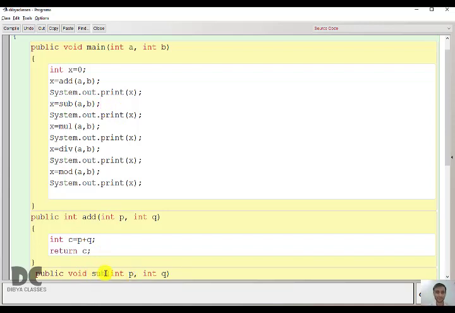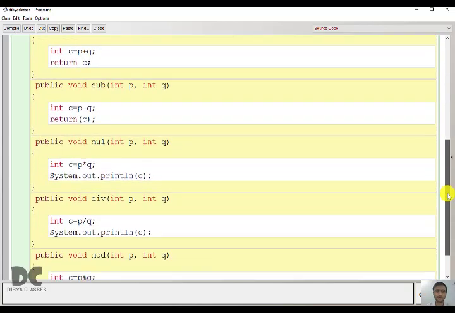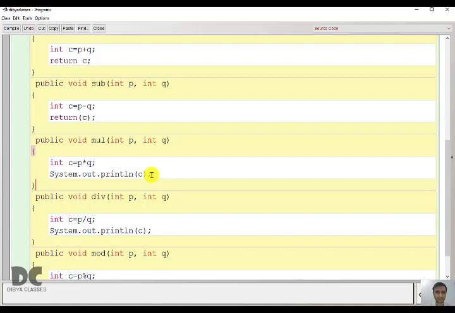I will show you. For example, here you are writing subtract, and when I run it, it will give you an error because there is no function called subtraction. So you have to write sub only because the sub function exists here. Similarly, when you call mul, it will go to the mul function, and here it will not print but again return the value.